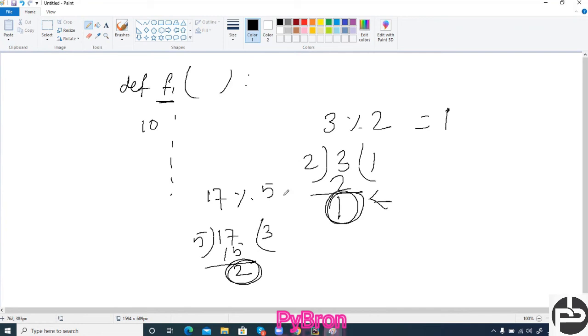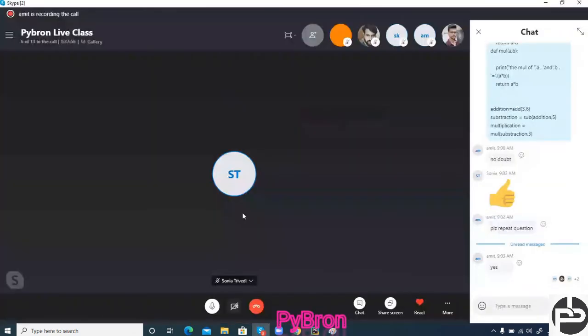So this will be the result of this statement. Are you getting my point? If you are passing modulus operator, then it will return a remainder of that. That's why the percentage symbol is also known as the remainder operator.